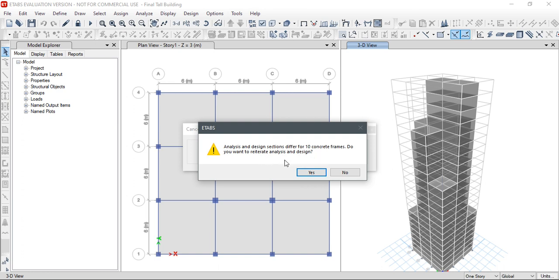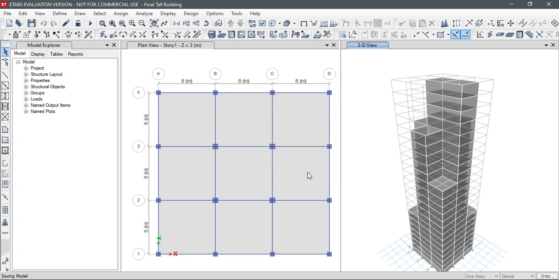Okay, so again we have to reiterate it. It will again try to choose the larger section for 10 different frames, so as to avoid the failure of those 10 frame sections.